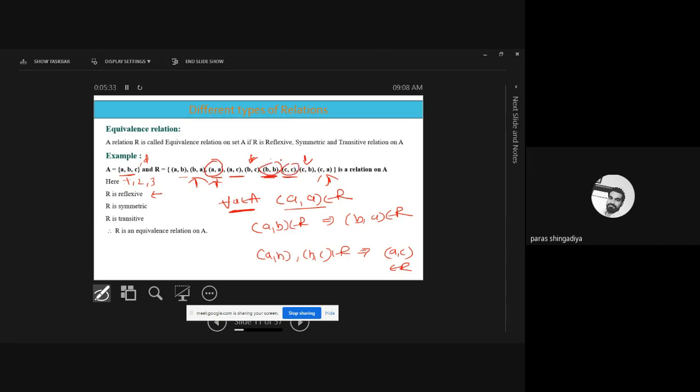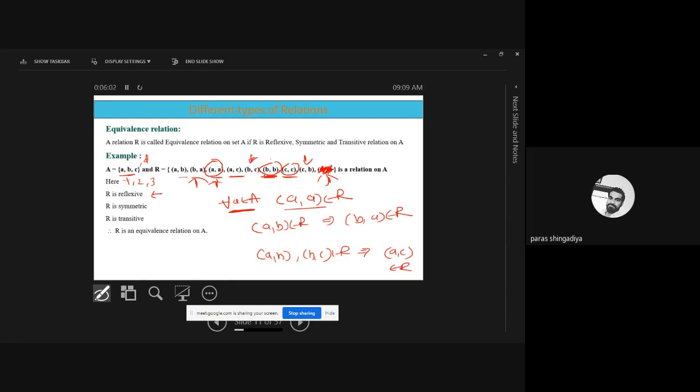These three pairs, AA, BB and CC, are by default in symmetric form. Now check the remaining pairs. Okay, check whether their symmetric form exists. If I remove C comma A from this data, if I remove the third pair, C comma A, then it is not a symmetric relation. Okay, because for the BC and AC, clear?